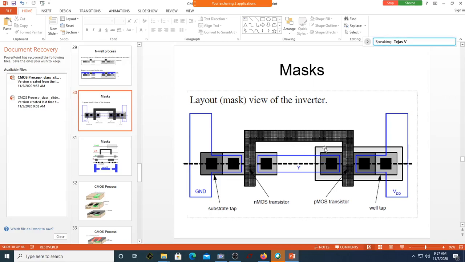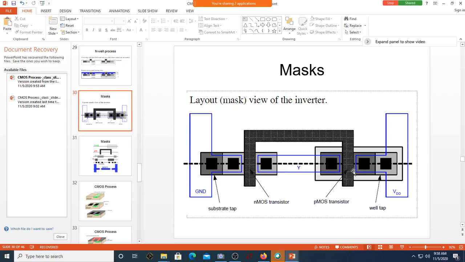Now, can you differentiate? This is your N-well. Then you have your polysilicon. Can you differentiate this one here? This is gray in color, and this is slightly dark in color. This is for P plus diffusion. This is N plus diffusion. Contact cuts 1, 2, 3, 4, 5, 6, so 3 for each transistor, and then this is metal. There is a metal here and a metal here. Whatever dotted line is written is the contact cut.